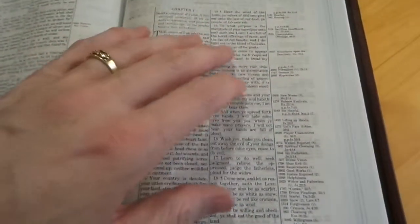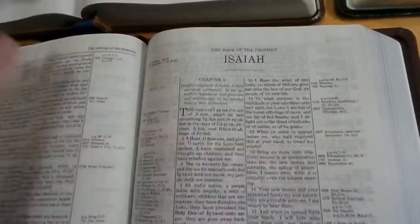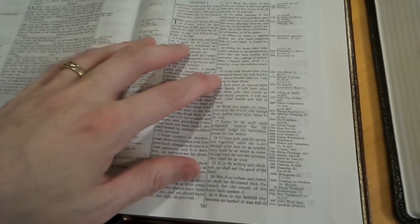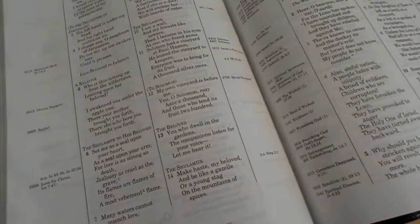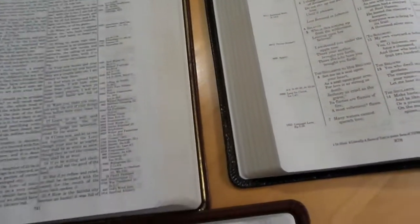This one is the newer one that I got from Church Publishers, and I was noticing when I opened up my older one, which is a 2013 printing, and I was looking at my wife's new King James version, which is just awesome. It has really good opacity. The paper is just different. It's really pretty. And I noticed that the ghosting on this one, as you guys can see,